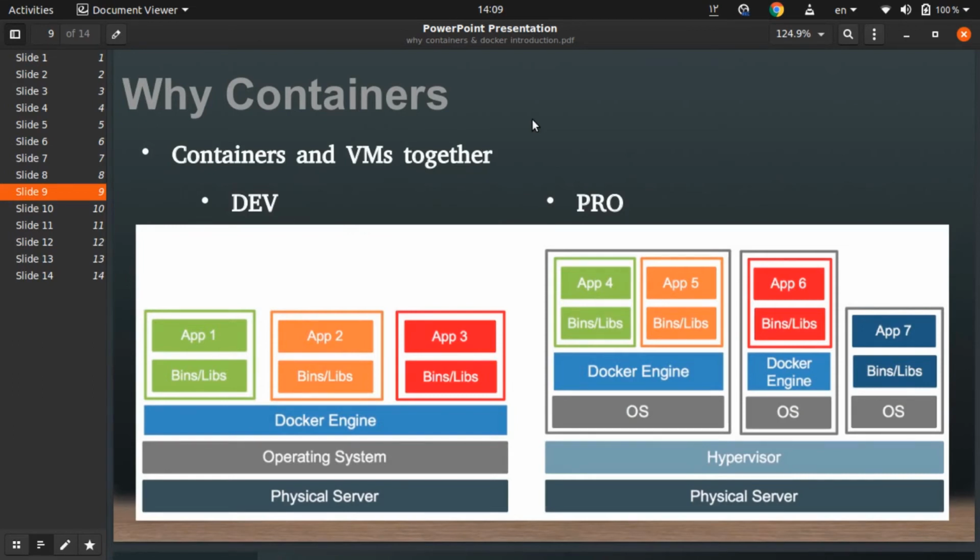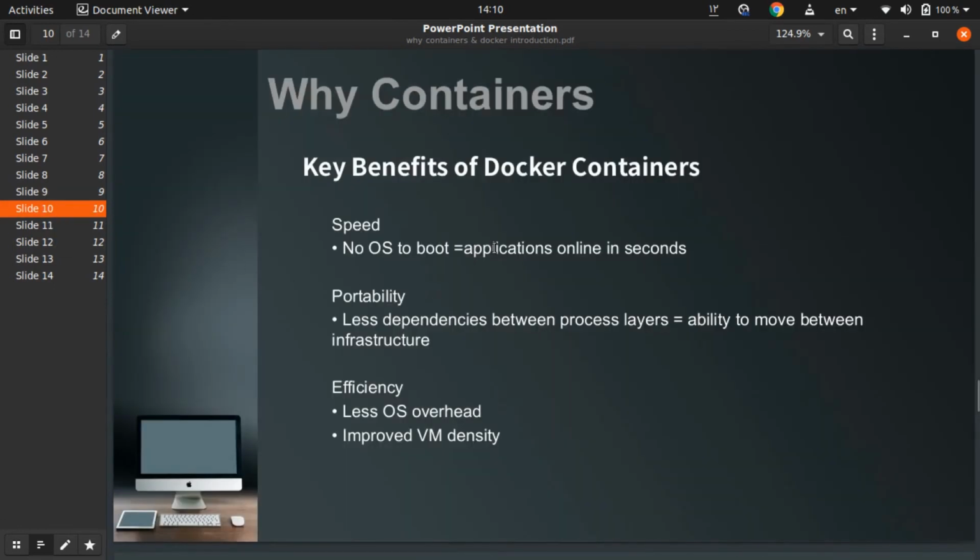For the production environment, we have one physical server, a hypervisor, and we can separate all of these Docker engines and clusters from each other with VMs. The hypervisor can be VMware ESX, VMware vCenter, KVM, or oVirt on Red Hat. So we can separate all of these from each other for professional and production environments.